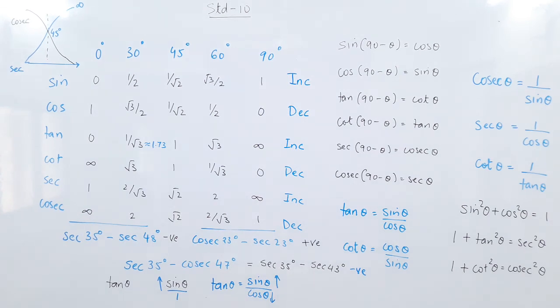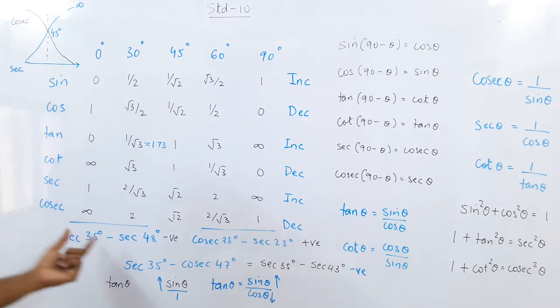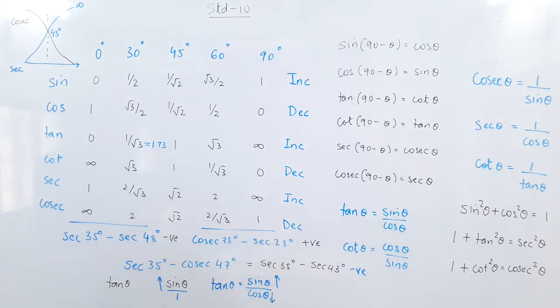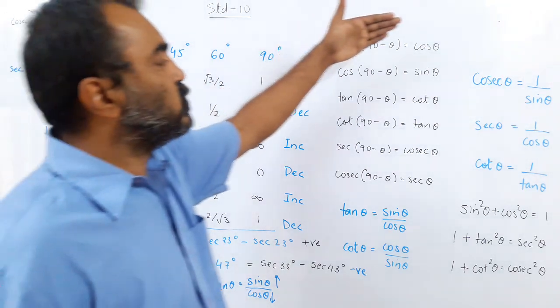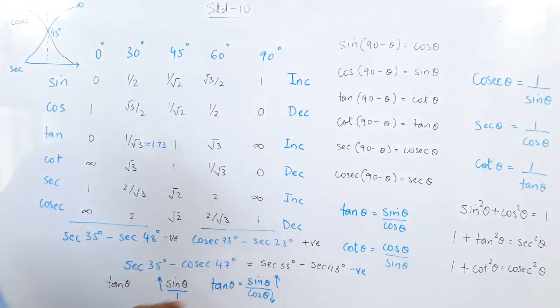So I'm going to end this lecture here today, but what I want you to do is learn this table again, and what I explained to you, try to understand it thoroughly: the increasing functions, the decreasing functions, the rate of increase and decrease, and sums like this, whether they will have a negative value or a positive value. All the topic is based on the trigonometric table. Today we have not made use of many trigonometric identities. Today our attention was on this table.